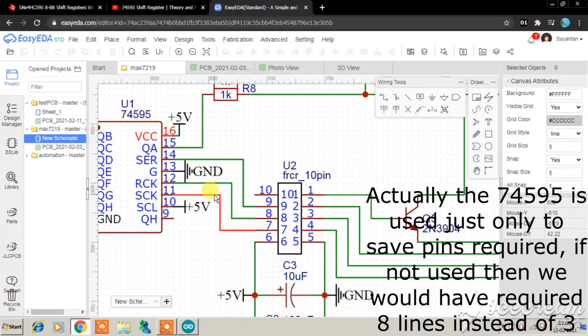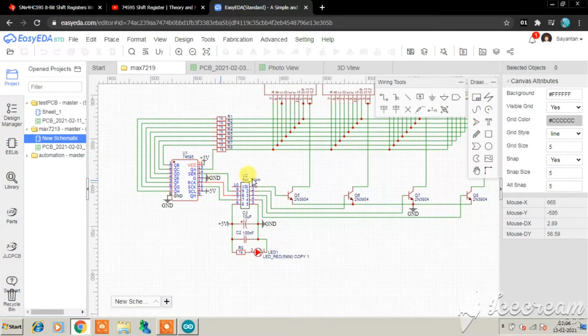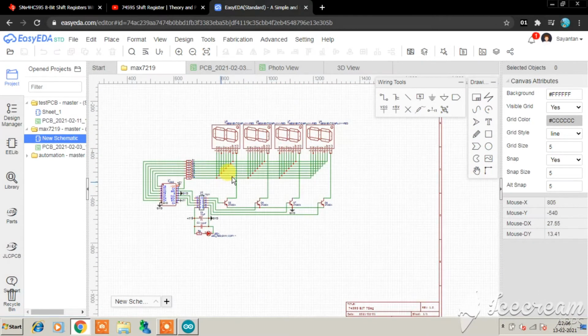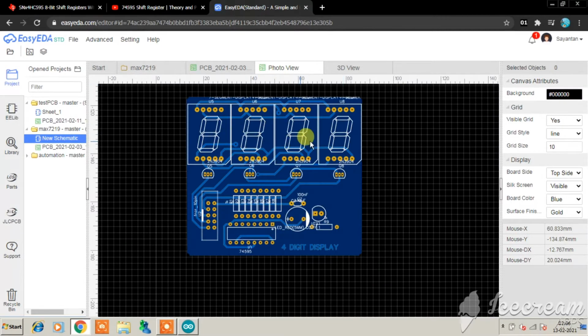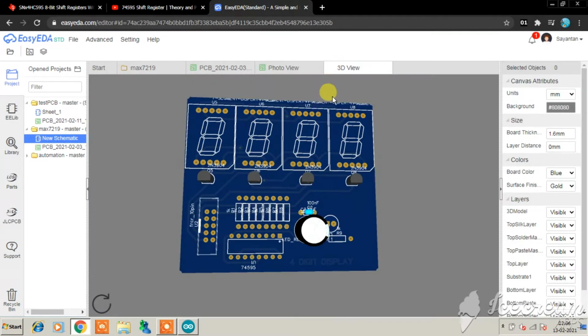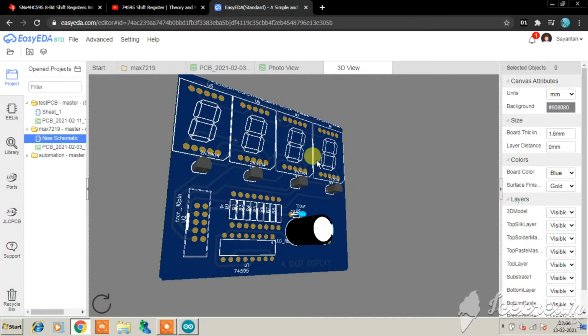This one is the serial clock, and this one is the clock for the output buffer. So this is the complete circuitry, and for demonstration purposes on breadboard I will be using only two such 7 segment LEDs. When we make a complete PCB, I will include all 4 digits, and I will cover this PCB later on.